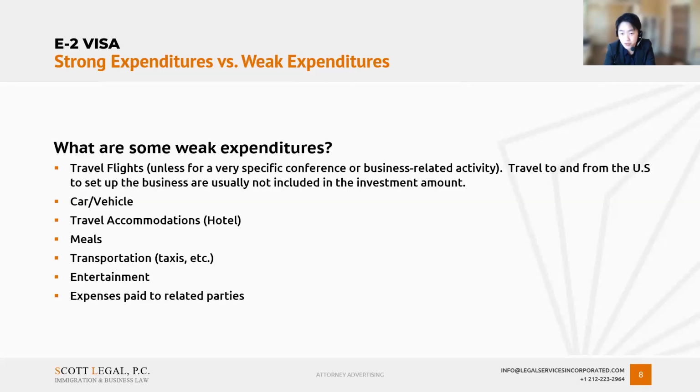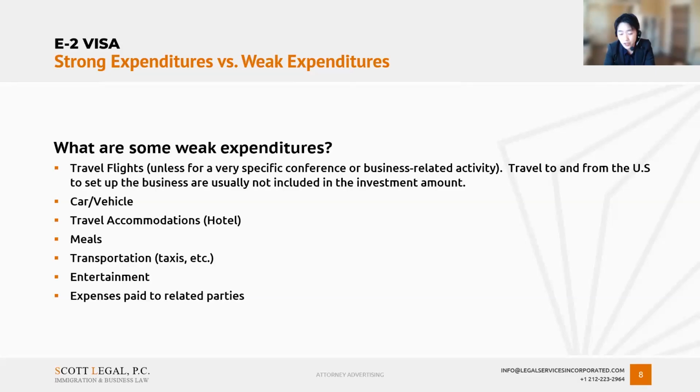Now, Yonggi went through some of the more classic, stronger types of expenditures that deal with what you would typically need to get a business up and running, such as commercial lease, equipment, employee payments, professional fees, marketing, and things like that. However, for some types of expenditures, you don't want to include them as part of your E2 investment, and those are related to things like